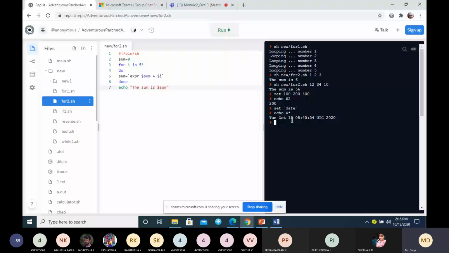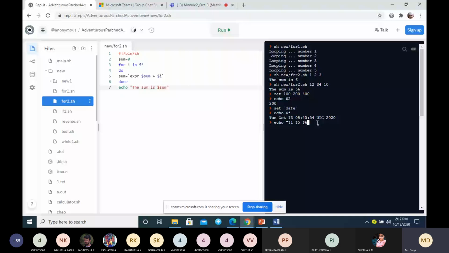Now what it is doing is, in the set command, set will assign Tuesday to $1, October to $2, 13 to $3, and so on. So you can see here echo $1. I am displaying different values.